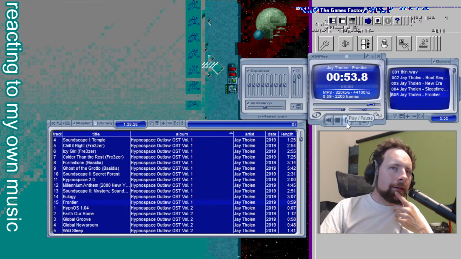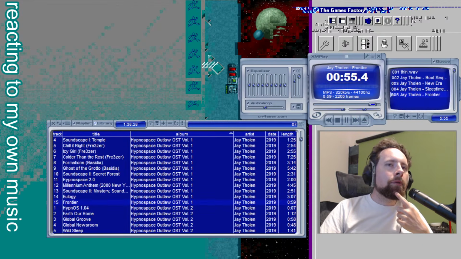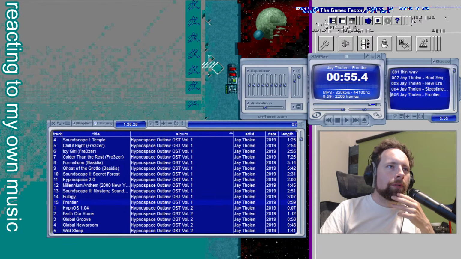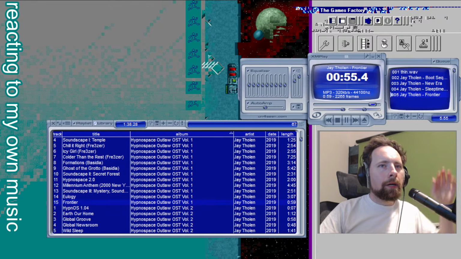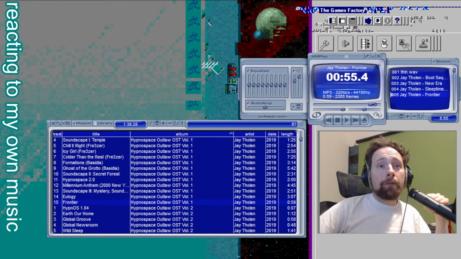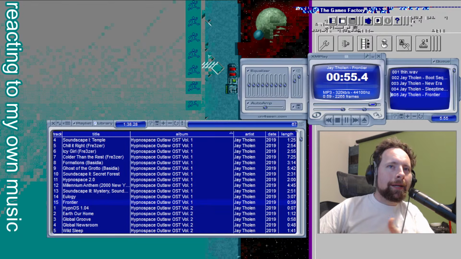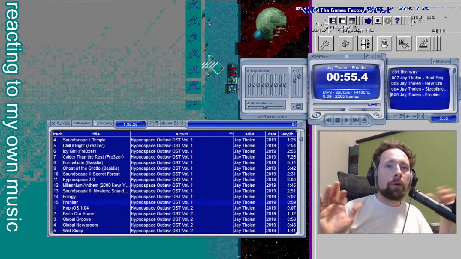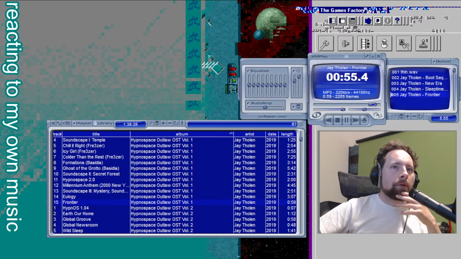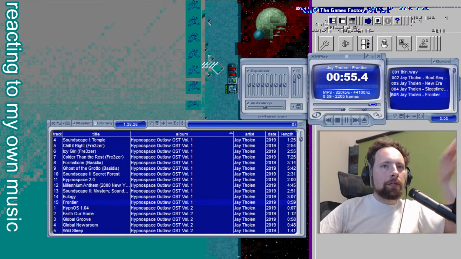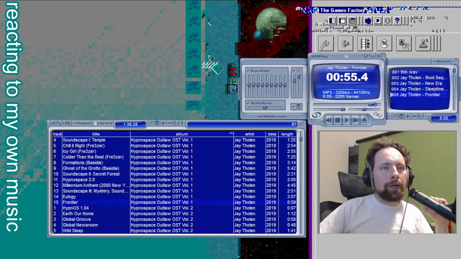So Hypnospace Outlaw was always going to have web pages in a web browser, but it wasn't always going to be the main thing. So you were going to look up people's pages and find where they had broken the law, and then you would jump onto this highway and chase them down and put them under arrest. And the highway was kind of like an open world. It was a looping open world kind of thing where each of the zones, like Good Time Valley, would have had its own highway,